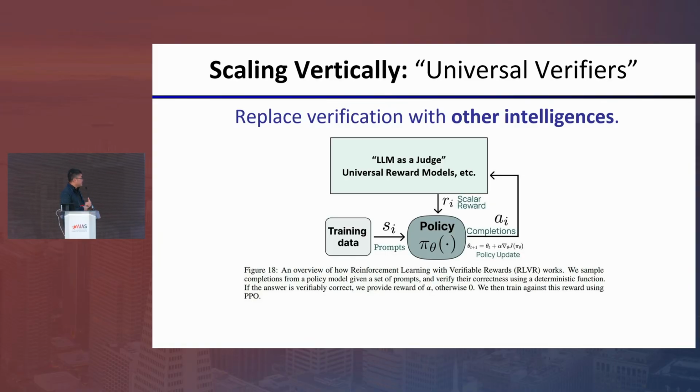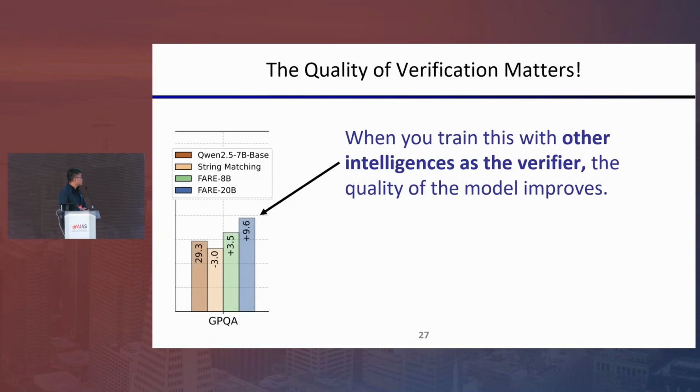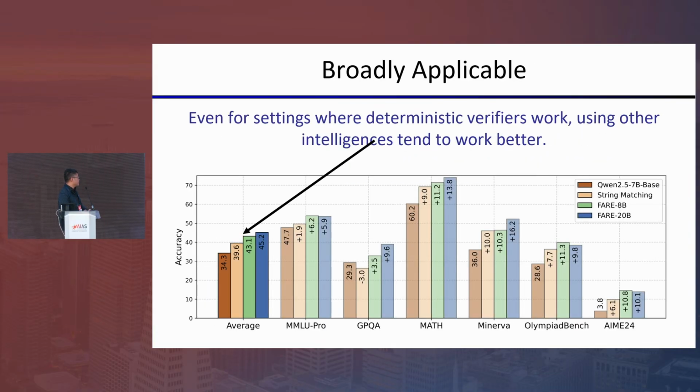And generally, the paradigm that the community has kind of figured out recently, and we're all marching towards scaling this up, is really to use other intelligences to help judge the quality of the outputs. Because generally, to enhance the intelligence of one system, you also need a really intelligent system to help judge the work. Here, it has many names in the literature. Initially, LLM as a judge, which means something very narrow. Now it's much broader, also called universal reward models. And this is one attempt recently. So basically, suppose you use a universal reward model to really judge the quality of the output, to try to reduce false positives and false negatives.